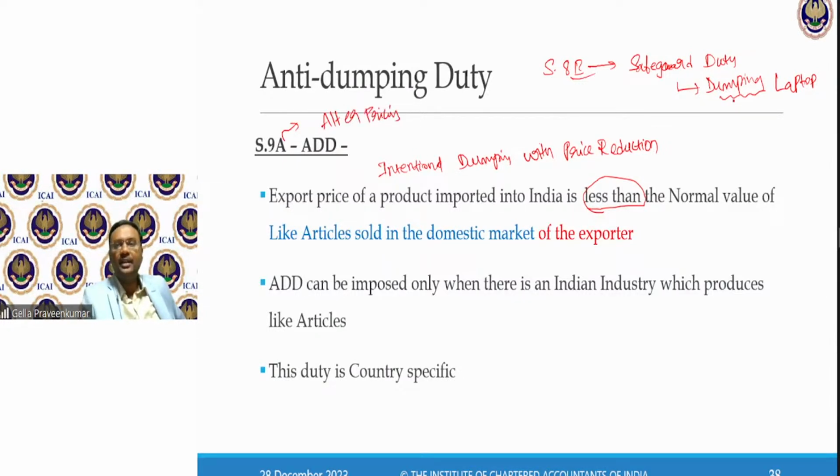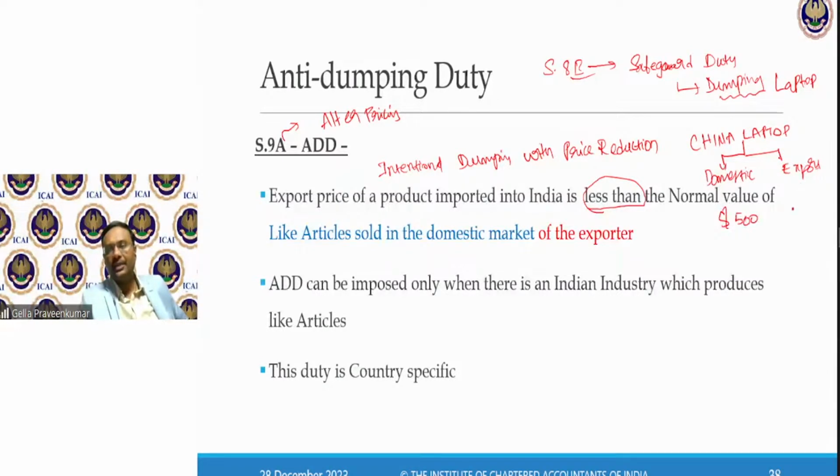So here, assuming for a moment, let's take the example of a China laptop. This China laptop can be sold in the domestic market, and it can be exported to India. Assuming I denominate this in dollars, in the domestic market it is sold for, say, $500.